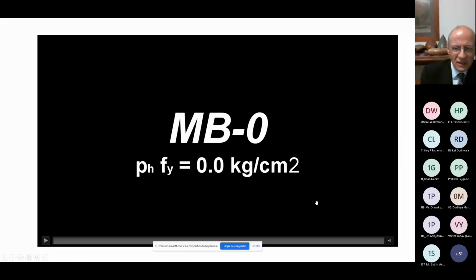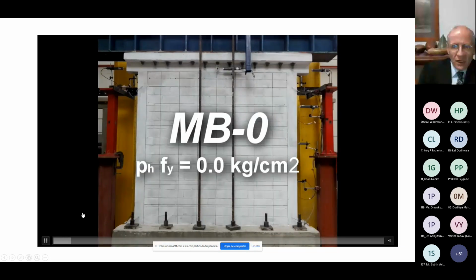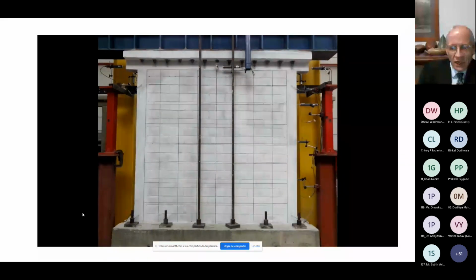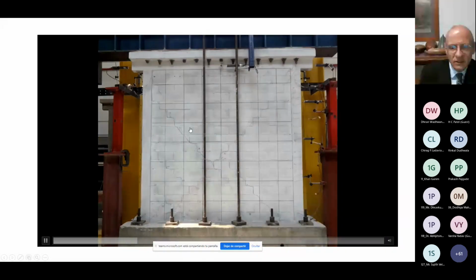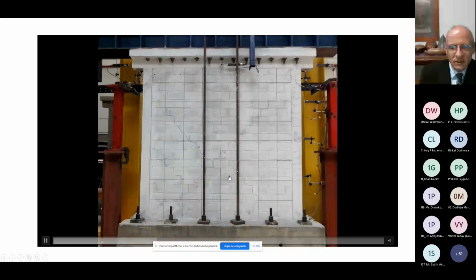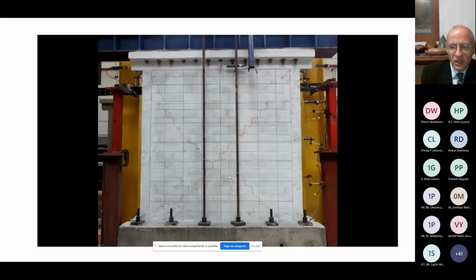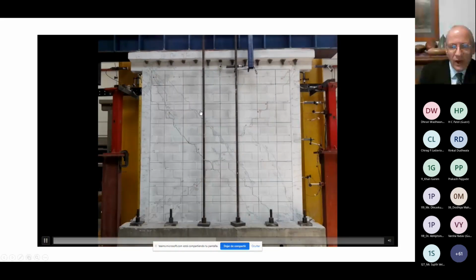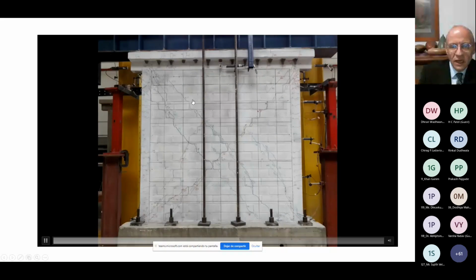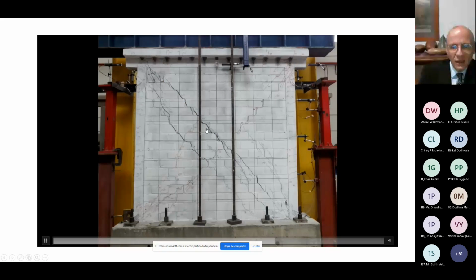I want to show you this set of photographs of the experiment of the wall without reinforcement. Let me show you. It's a small one. So we start applying lateral forces, and this is the first cracking. Yes, diagonal cracks. This is where the slope of the curve changes. Observe that not many new cracks appear, just the first ones start to grow in their width, and